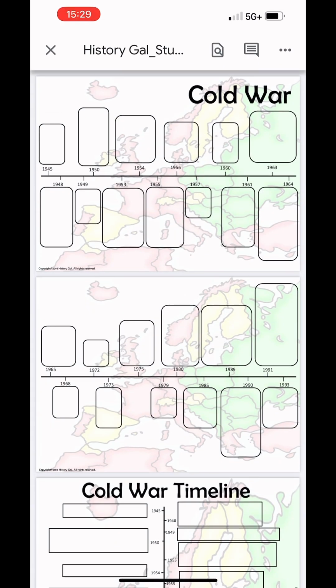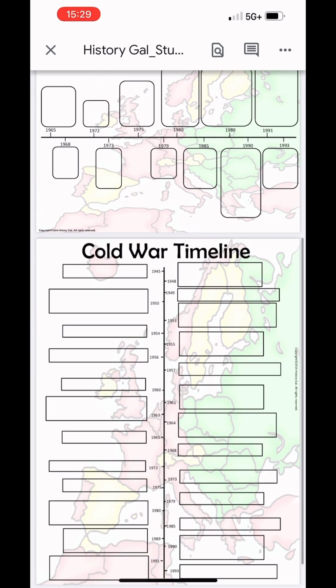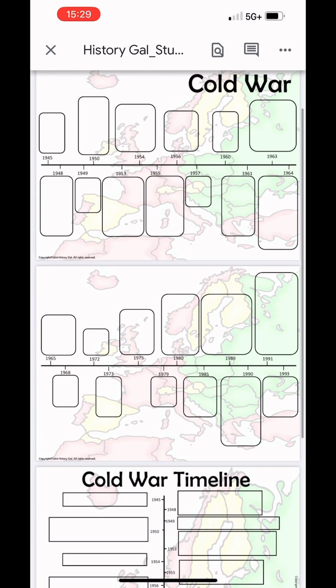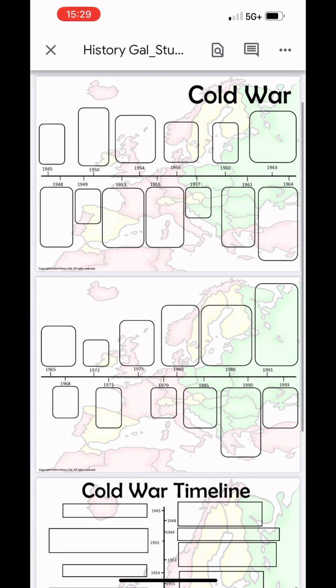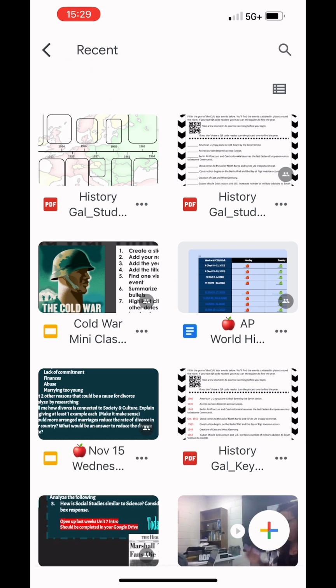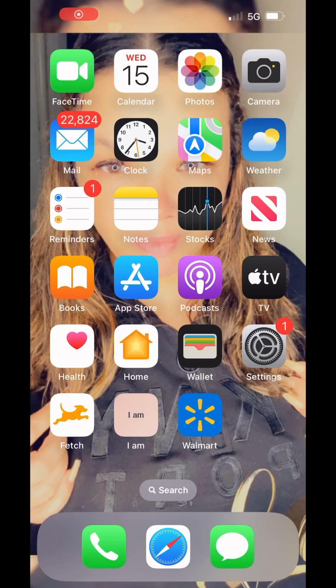And then there is the resource that you can either print the big bubbles, which is 2 sheets, or the small bubbles. And the students are actually going to take those items and turn them into their own personal timeline. So let's see what we ended up doing. I ended up